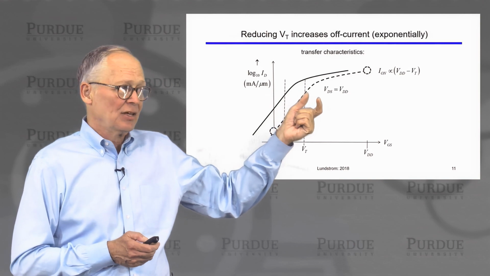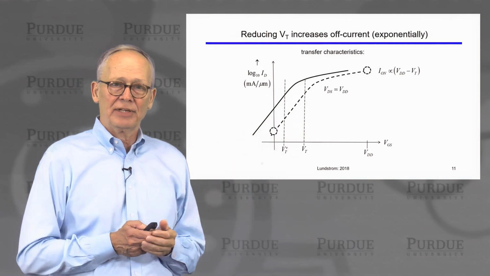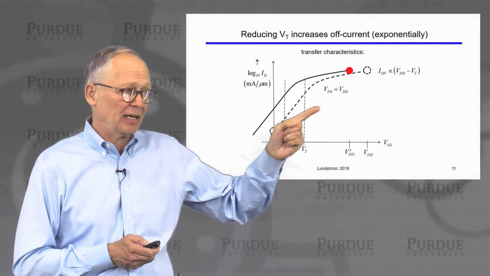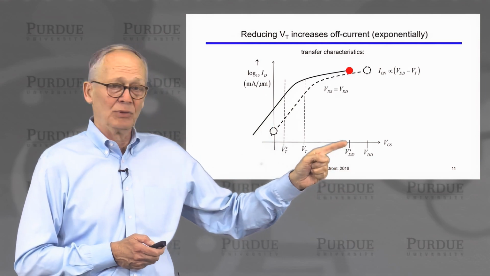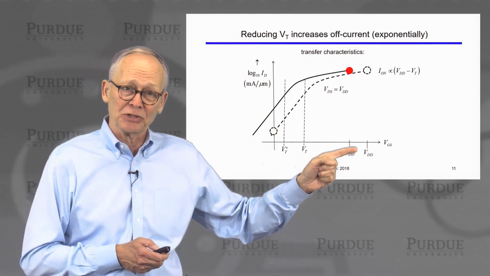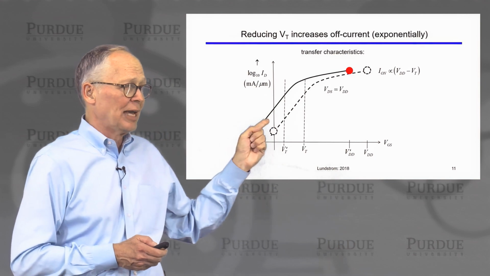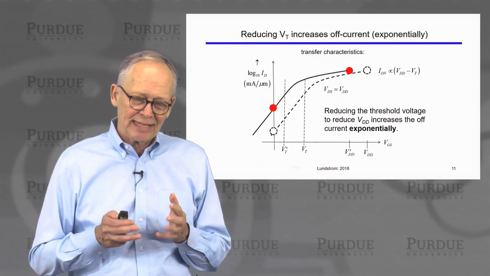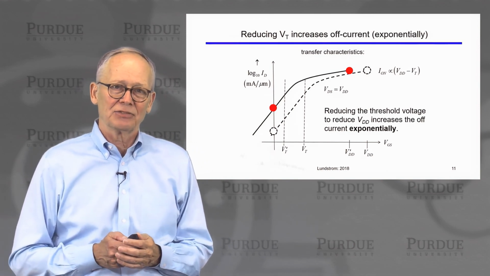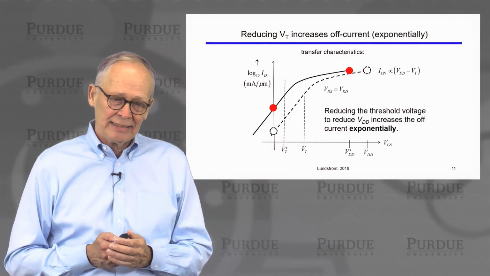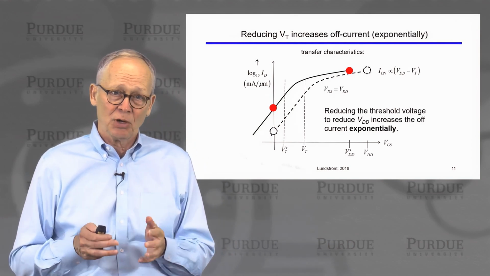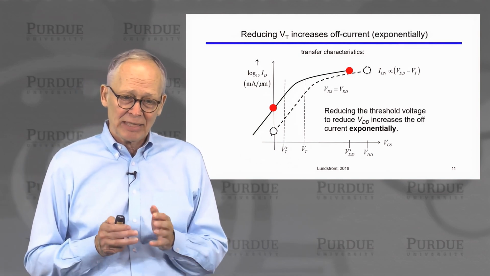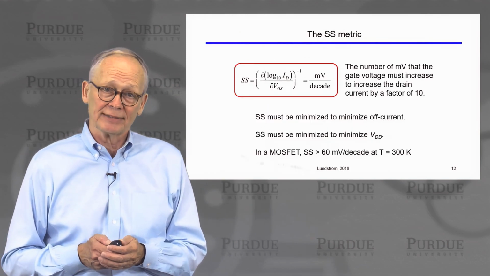The difficulty is all that is going to do is translate this transistor characteristic over to the left. I'll have precisely the same on current at a lower power supply voltage, and dynamic power goes as voltage squared, so that's good. But look what's happened to the off current. The off current has increased exponentially. So this is a major factor that transistor designers have to worry about. We want the subthreshold swing to be as small as possible so we can use a power supply voltage that's as small as possible, but we have to be very careful that we don't increase the off